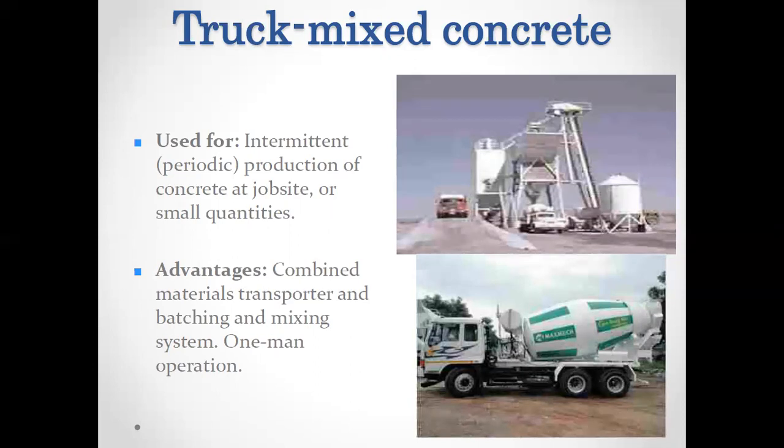As you can see, while these trucks are moving on the road, the concrete drum keeps moving while the truck is moving from one place to another. Due to this, the concrete will not set. It will remain in the fresh stage, and we can use it in the fresh stage before the 30 minutes. If the distance is more and we require more time, then we will use an admixture. We can use a retarder to increase the initial setting time of the cement so the concrete will not set and we will get all the properties of the concrete in the fresh stage.